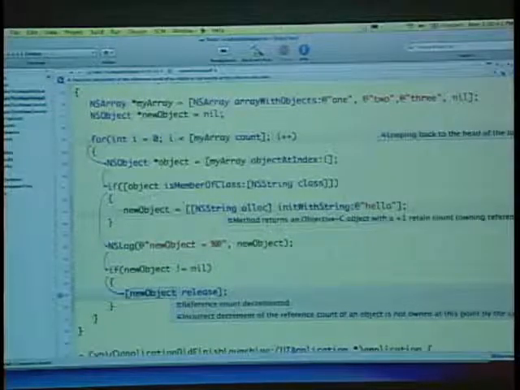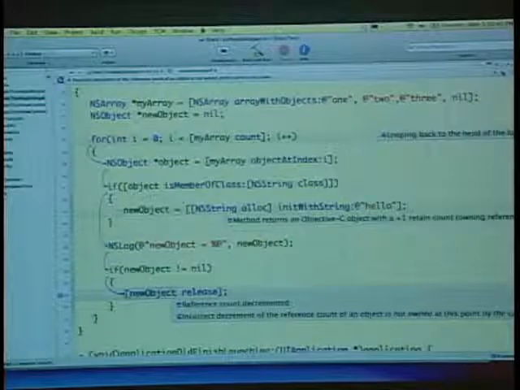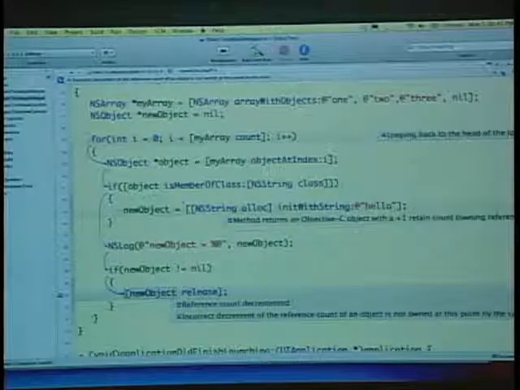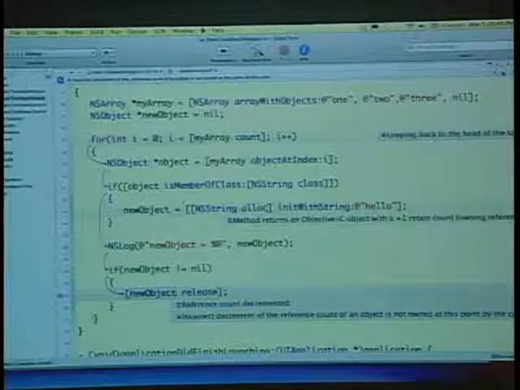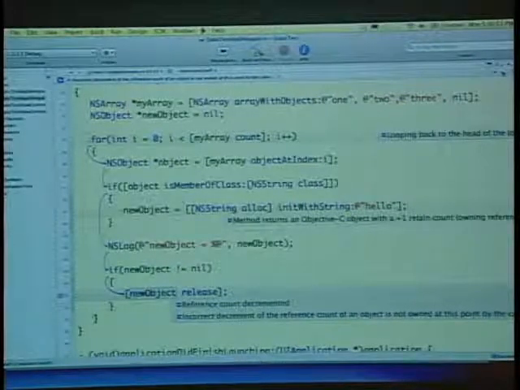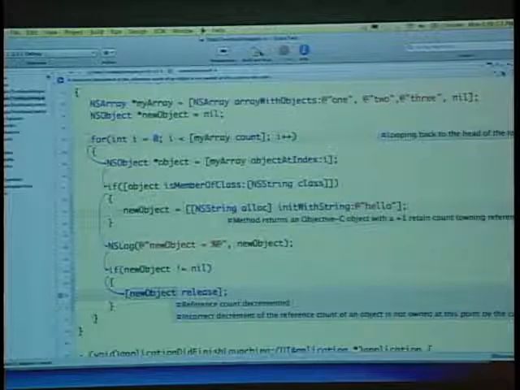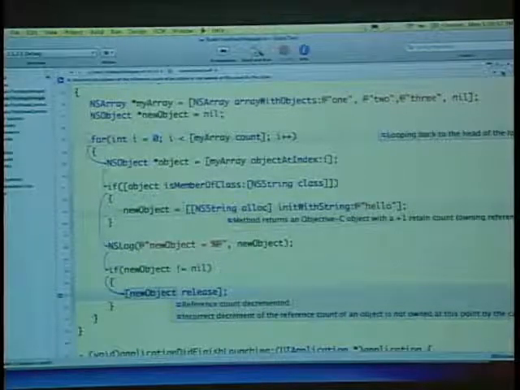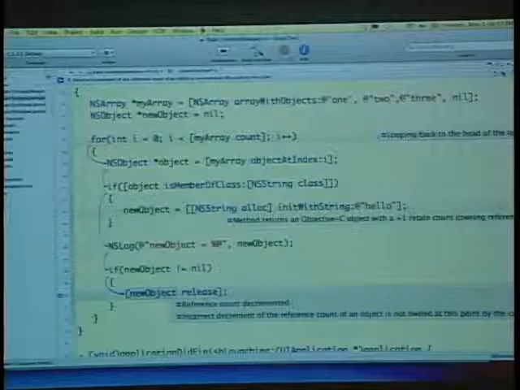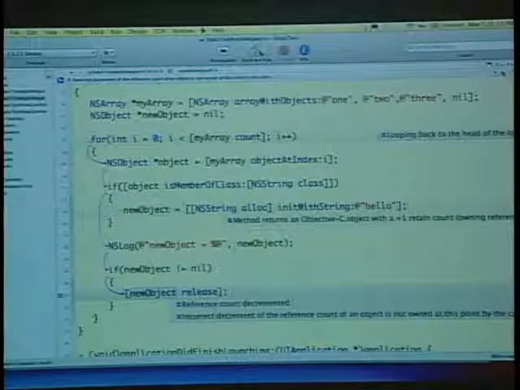So the new object isn't nil because we set it to something previously, and by releasing an object, saying object release, the system doesn't then say, okay, object retain count minus 1, since you've been deallocated, let me go ahead and set